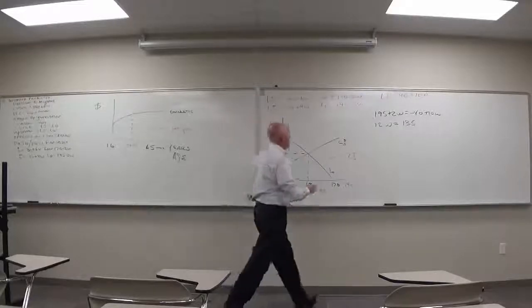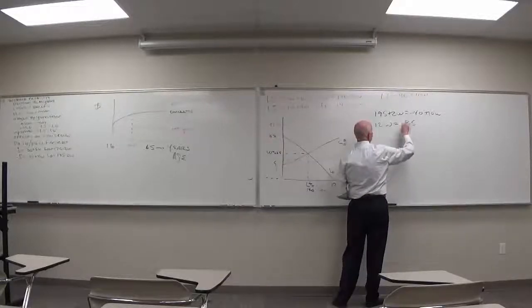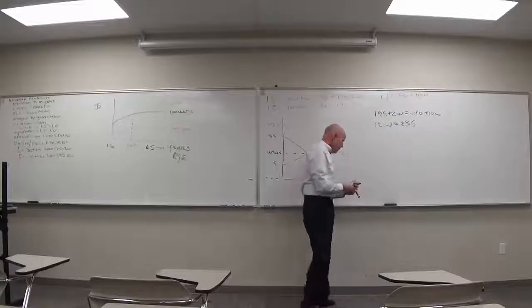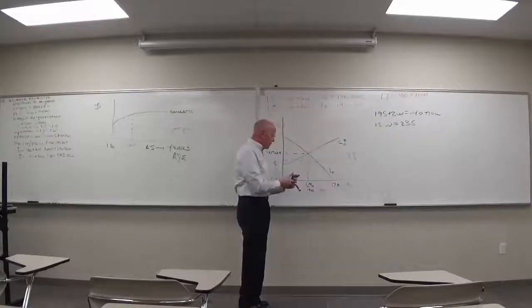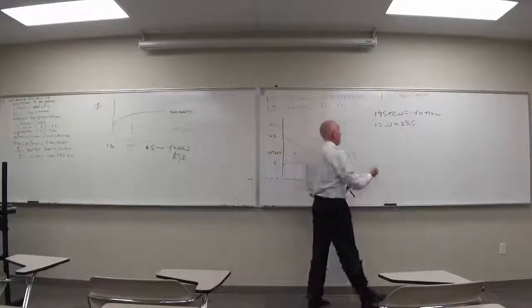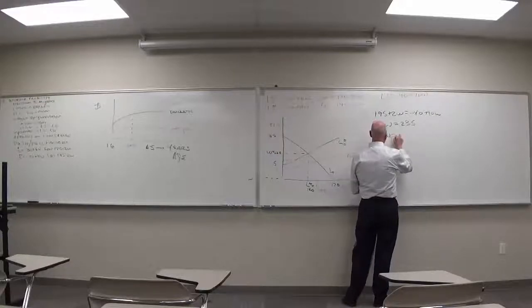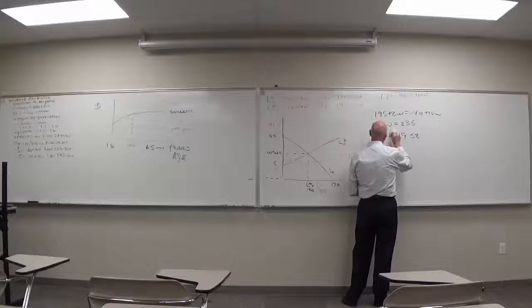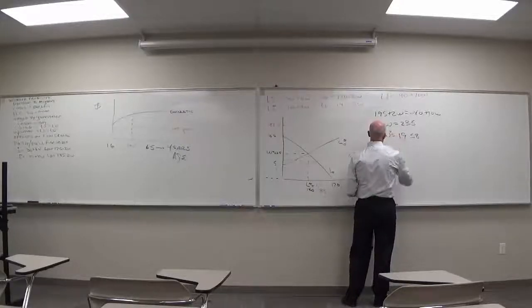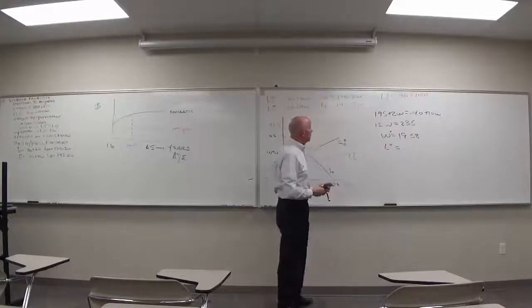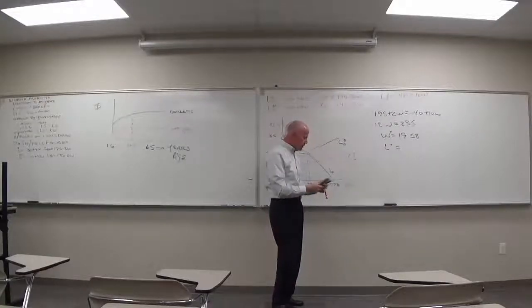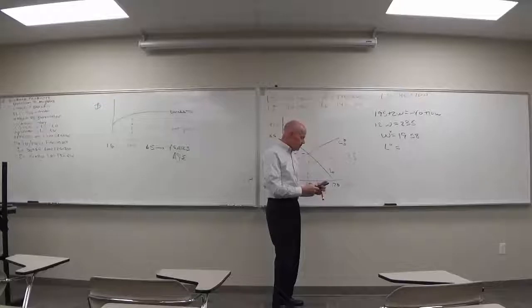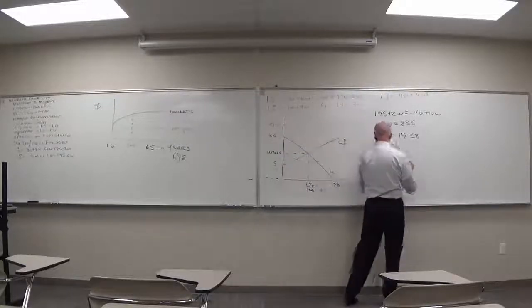195, oh, 235. 235 divided by 12 is, W is equal to 19.58. That's W double prime, and then L double prime, we'll put that into the labor supply total equation, and we end up at